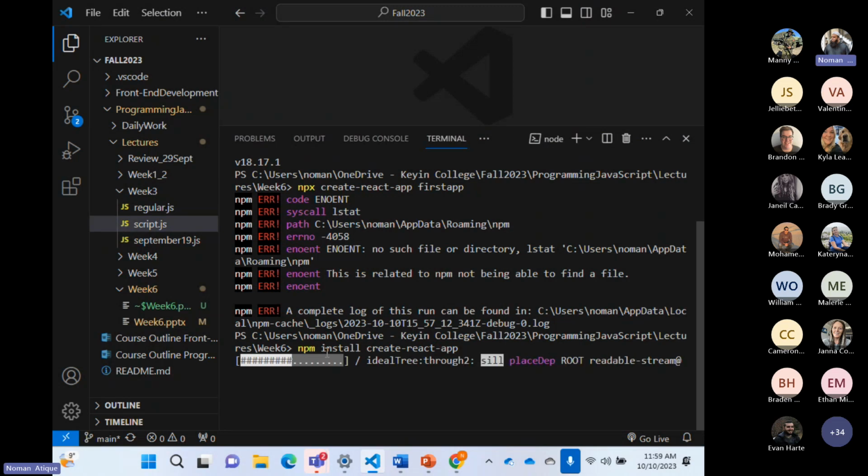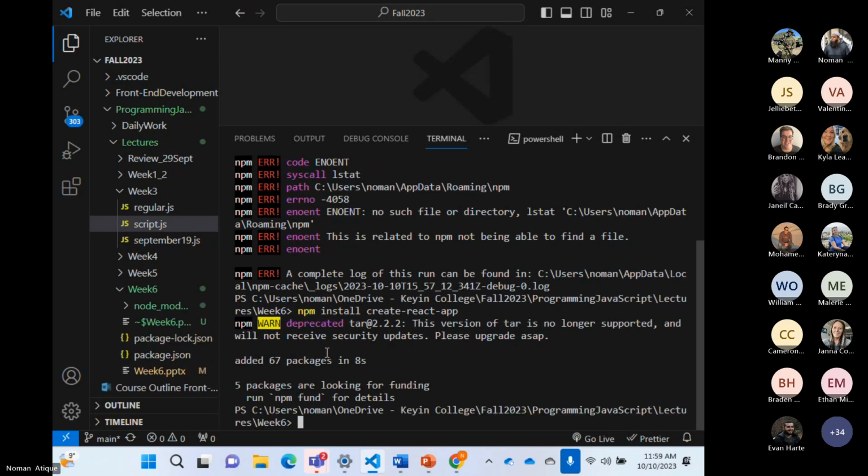I will do npm install create-react-app. And again, as you guys have been installing create-react-app, everyone install that one? No, this is npm. Even this will be npm, right? This will be npm.